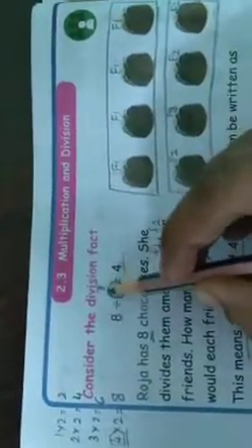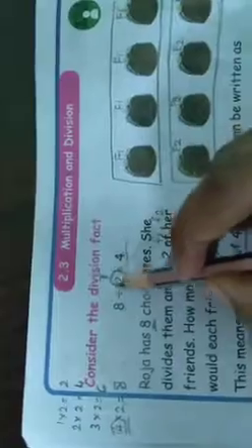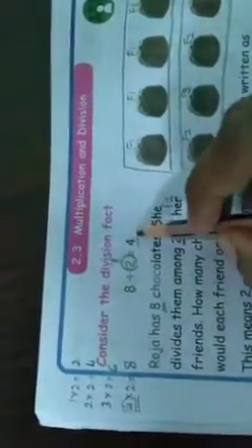Okay. Division facts of the 10th table are completed, which means next, find the quotient of the following. Quotient means nothing but, in a division fact, the answer is called the quotient. First one, 12 divided by 4 equals dash. Like in the chocolate sum, 8 divided by 2 equals dash, 2 is called the table. We are applying the 2 table. In the 2 table, how many times does 8 come? In the 2 table, the number 8 comes 4 times. Same like that we want to find out here.